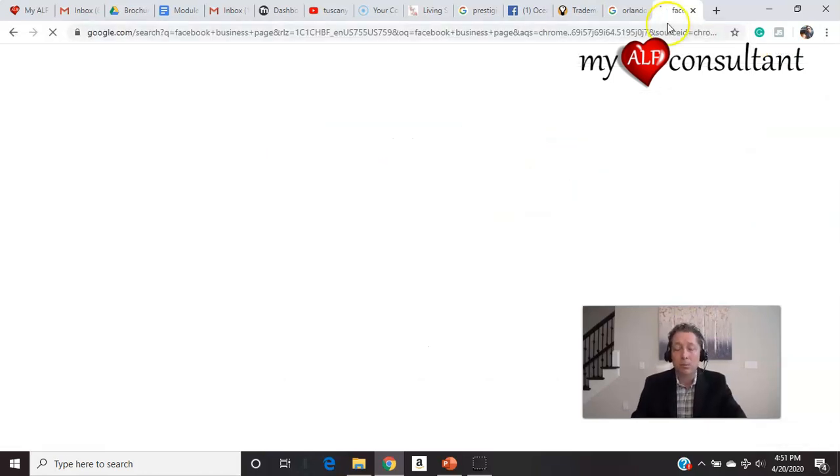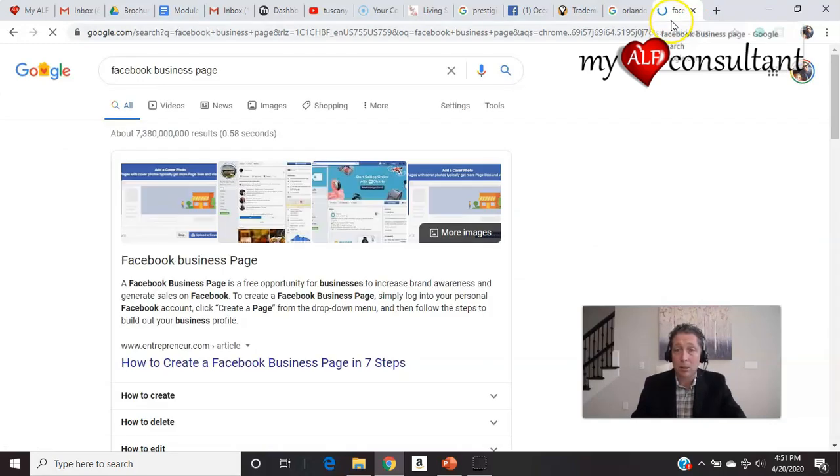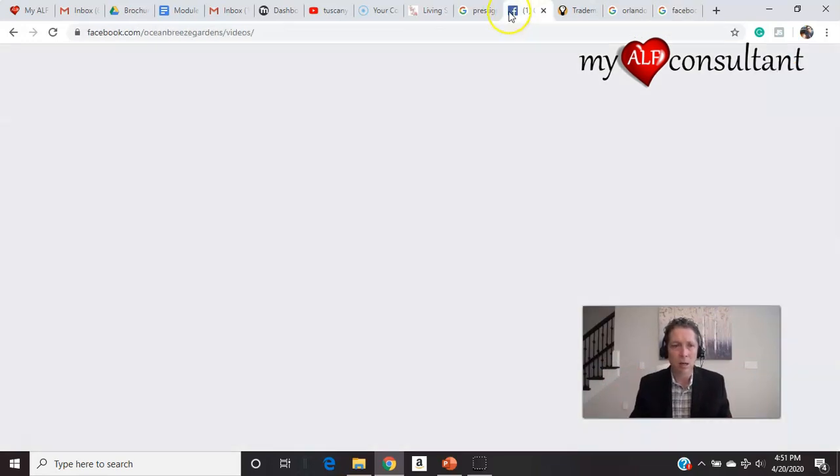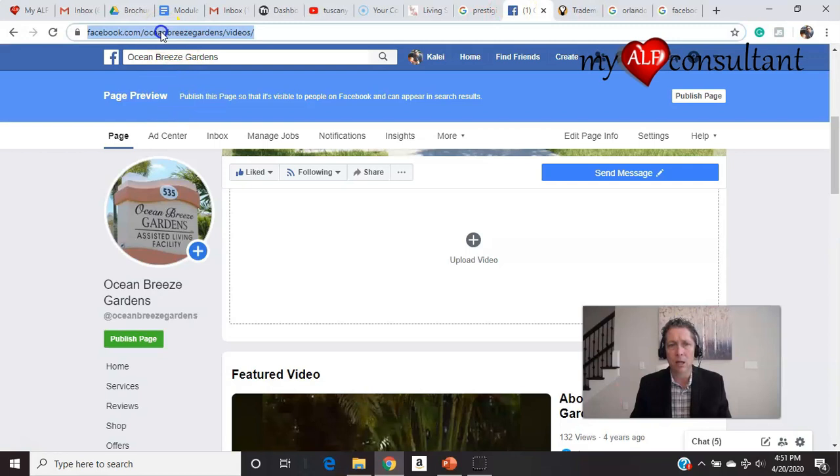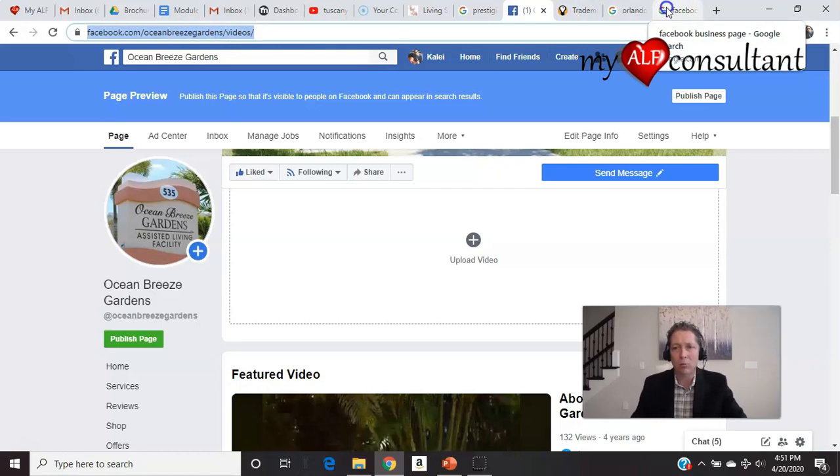And the Facebook business page will allow you to do advertisements and some other things. So don't just take an account that you have and convert it over. Some people do that, and I think you could. What I mean is, don't just change the name. You want to get a brandable page that has the @ symbol, like this one we had, @OceanBreezeGarden. See up at the top. I think you can convert a personal page into a business page at one time, but it's a one-way thing.